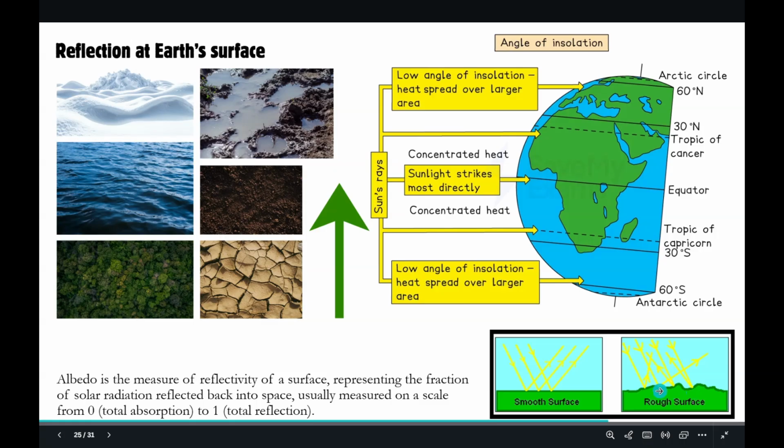But then see here what is happening. This particular land surface is not smooth. It has ups and downs. It is irregular. So when incoming radiation, you see it has the same angle. But when it gets reflected back towards the observer's eyes, some of it will not reach the observer's eyes, and that is how we see shadow. For example, this ray comes and gets reflected back away. So let's say I am standing here, I will not be able to see this part of it. That is why it will be hiding behind.